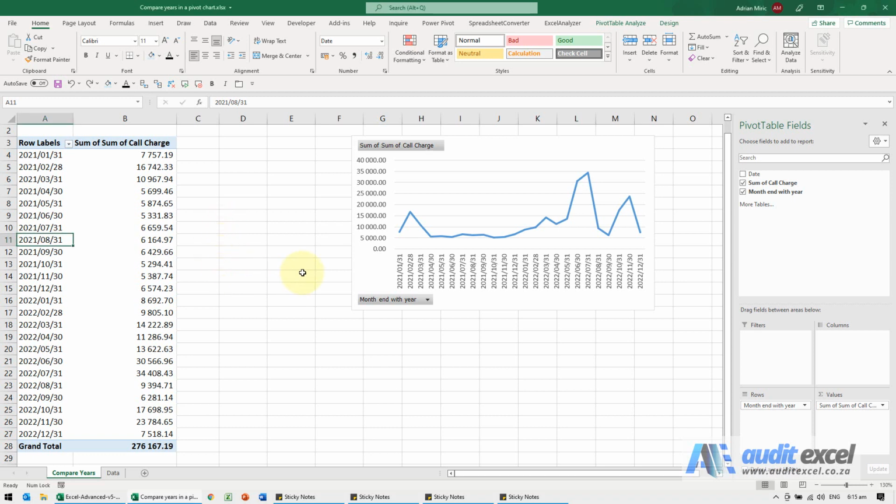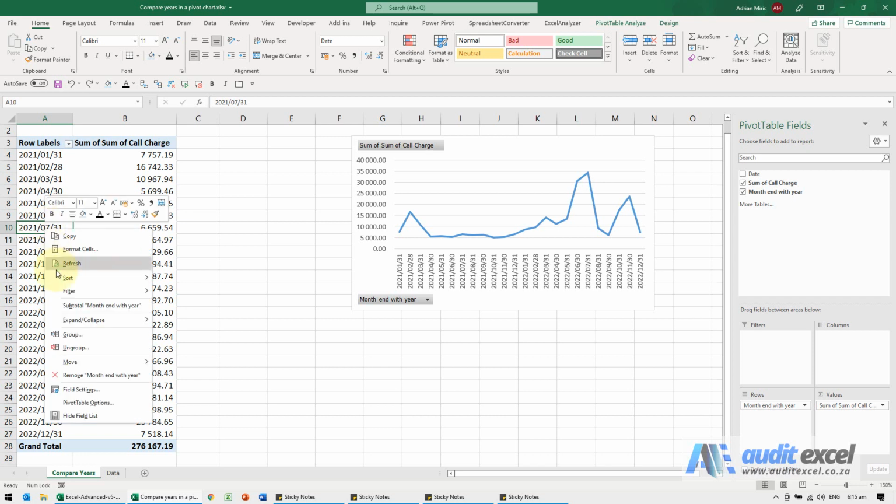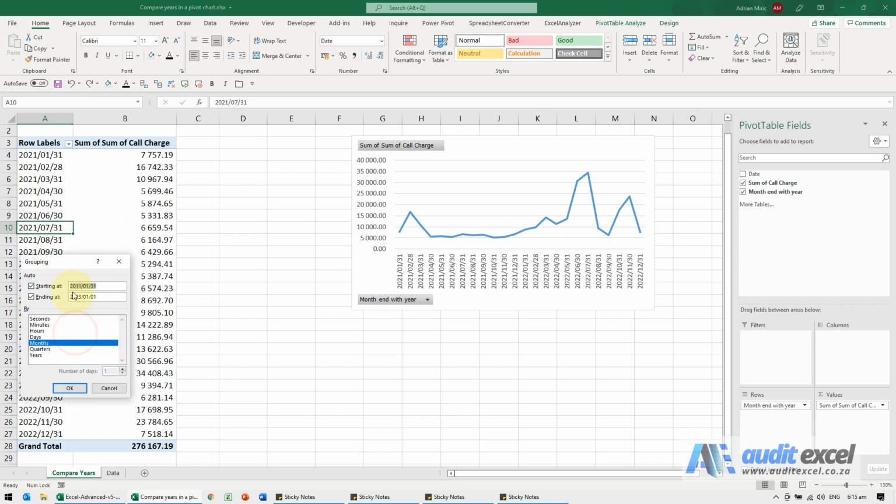If you've got a pivot table and it's got a long list of dates, but you want to compare year over year, it's very easy to do. Just before we continue, notice here I've only got 3 fields in this pivot table. So now what I want to do is show the years. So I'm going to right click on the dates in the pivot table and say group.